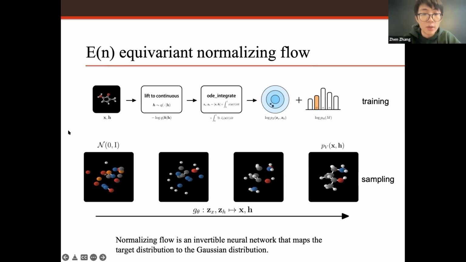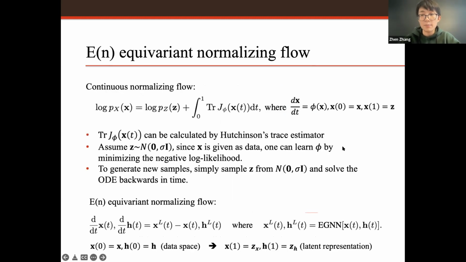That is what the figure in the second row shows: you sample something in the Gaussian distribution, and you map it through the inverse of the invertible neural network to generate a convincing molecule. That's the general idea. And the way people normally train this type of normalizing flow, specifically the continuous normalizing flow, which means that the invertible neural network is parameterized by a neural ODE, what they do is